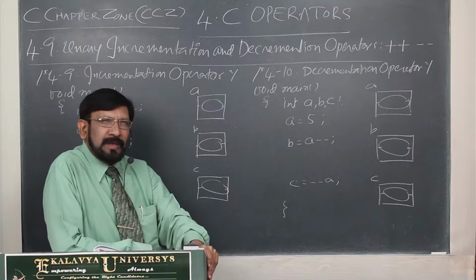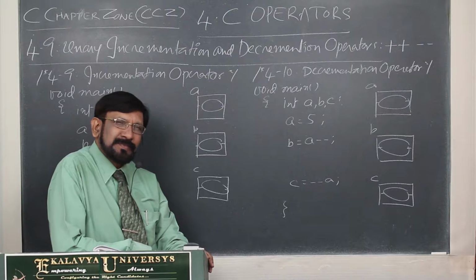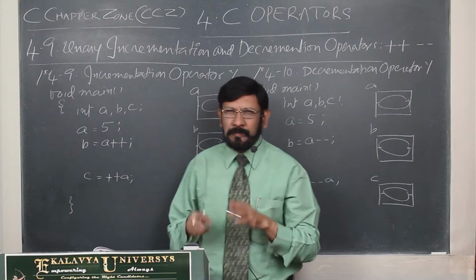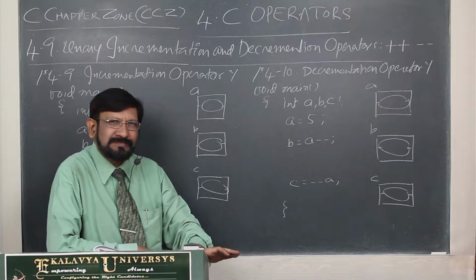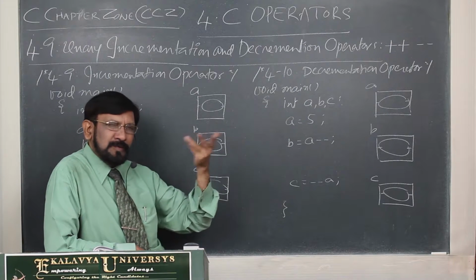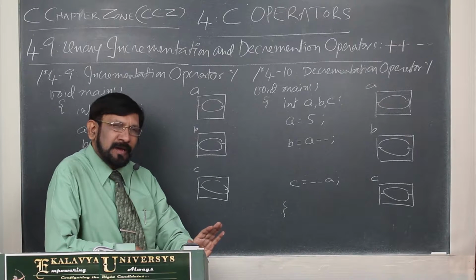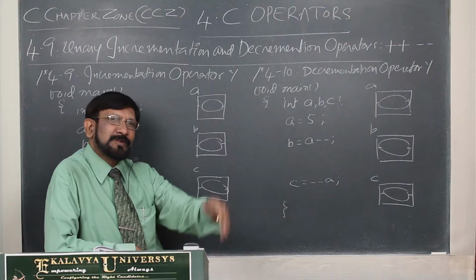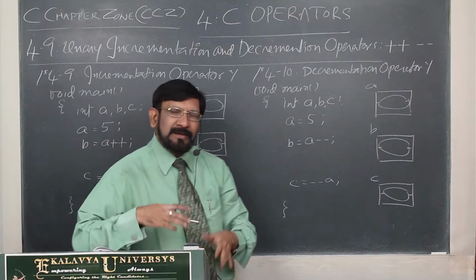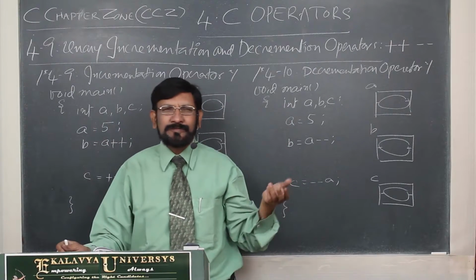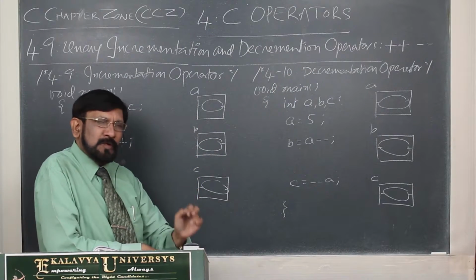Among all the C operators, these are the most complex operators. Even if you feel that you are thorough, again you may be confused in some case. For that purpose, you have to work out many programs on them. Then only, I can assure you, you can minimize your confusion. I cannot say you can make it 0. N number of ways you can be confused by using these operators. That's why you should work out a number of programs on that.